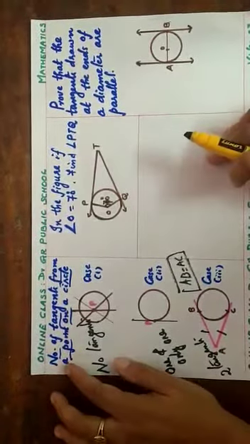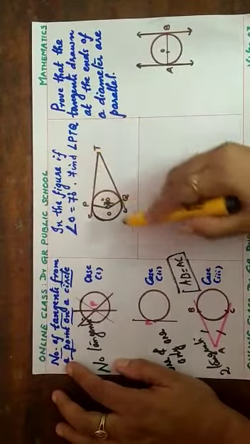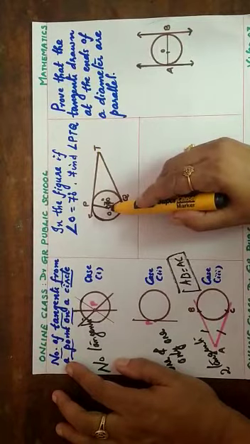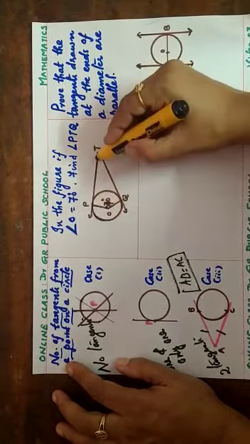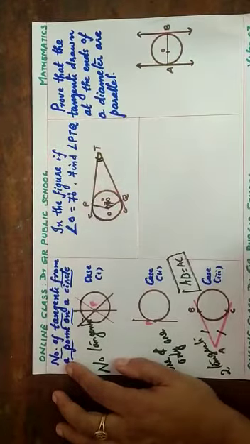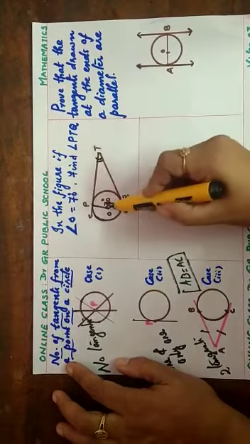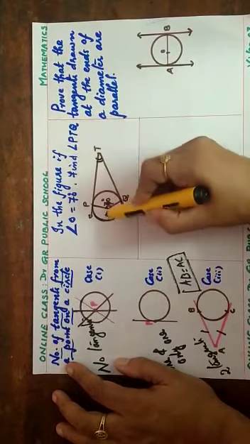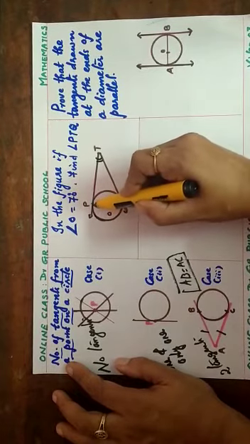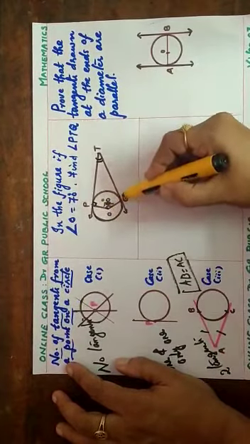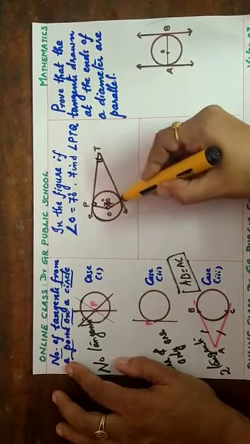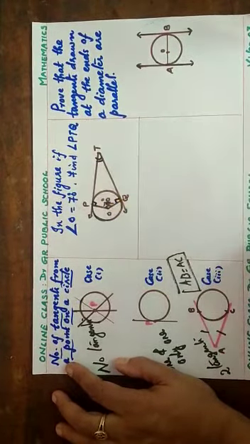Now listen here. I am going to consider a question based on this. In this figure, angle O is given as 70 degrees. You are asked to find angle PTQ. Which is the angle? This one is the angle PTQ. How can we find it? This is the tangent, and OP is the radius, so this angle will be 90 degrees. This one is also a tangent, and OQ is the radius, so this is also 90 degrees.